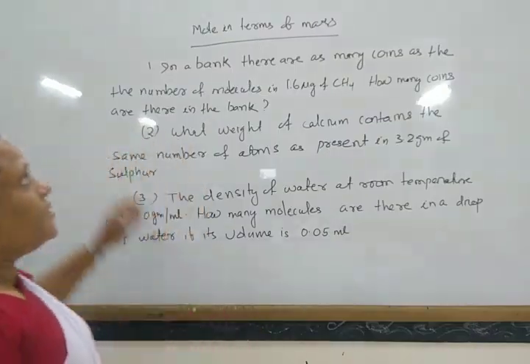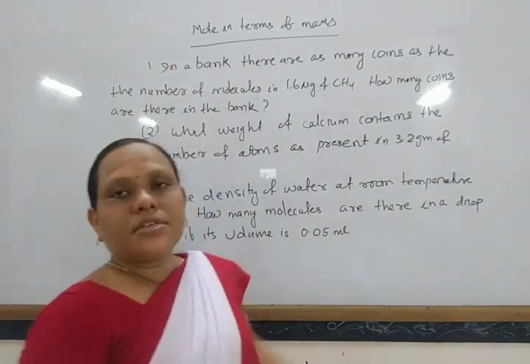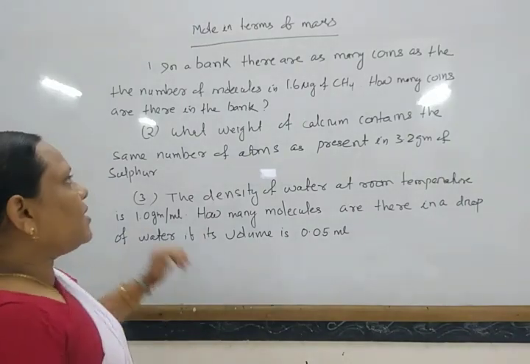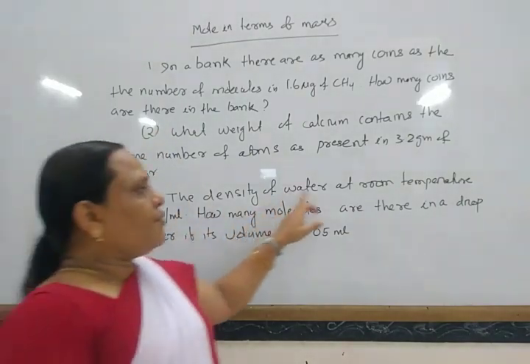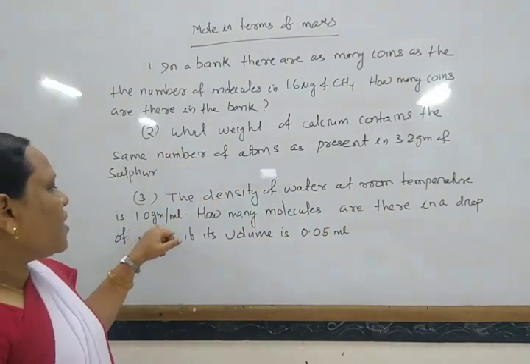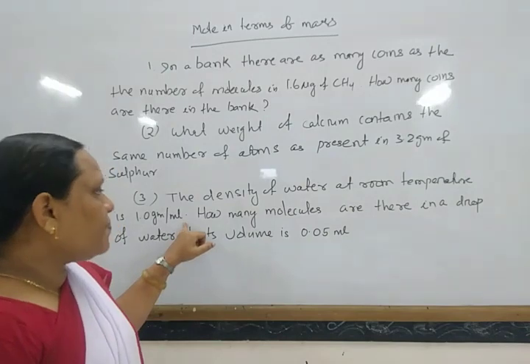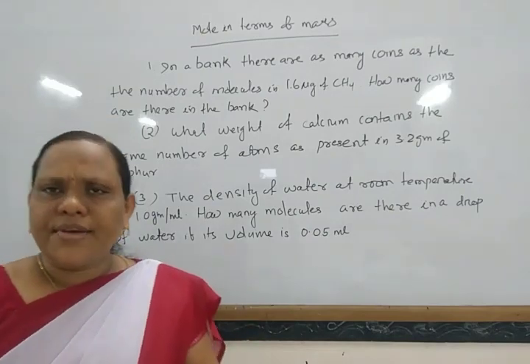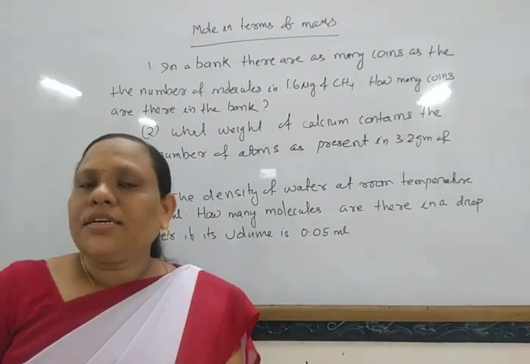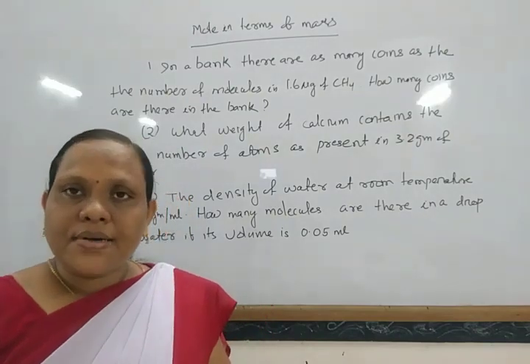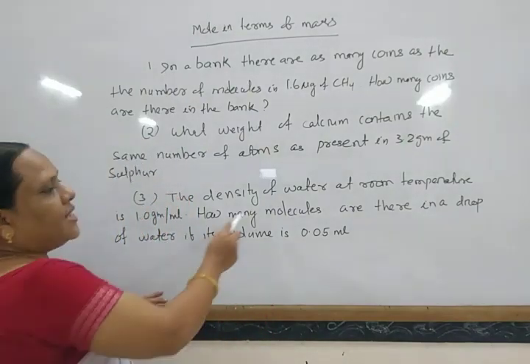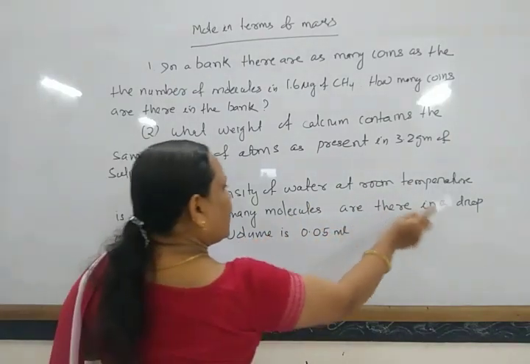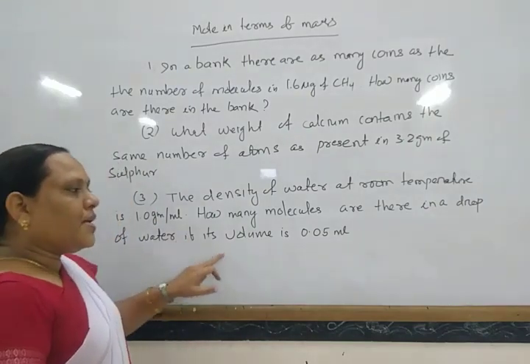Next come to another relation, that is mole in terms of mass. So here also 3 questions we will discuss from last to first. The density of water at room temperature is 1.0 gram per ml. How many molecules are there in a drop of water? Any relation given, first find out in terms of mole, so that it becomes easier for you. The density of water at room temperature is 1.0 gram per ml. How many molecules are there in a drop of water if its volume is